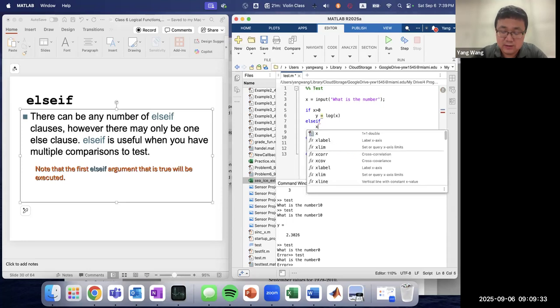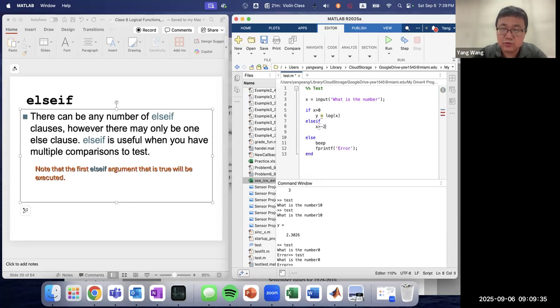Else if x is larger than -2, because if x is larger than 0, these are basically the positive values. Else if it's between -2 and 0,